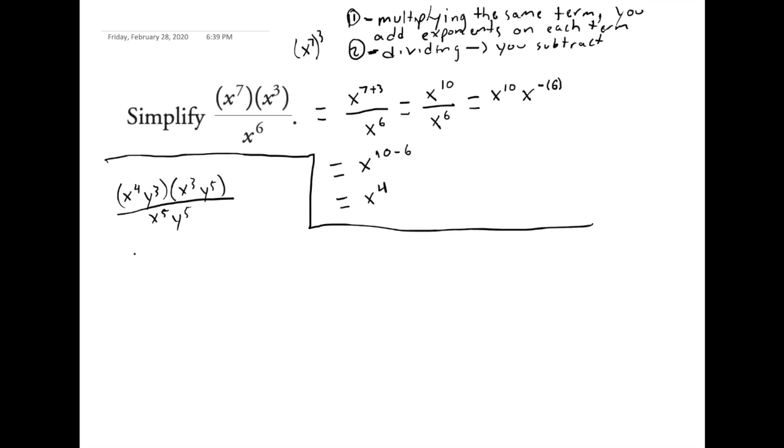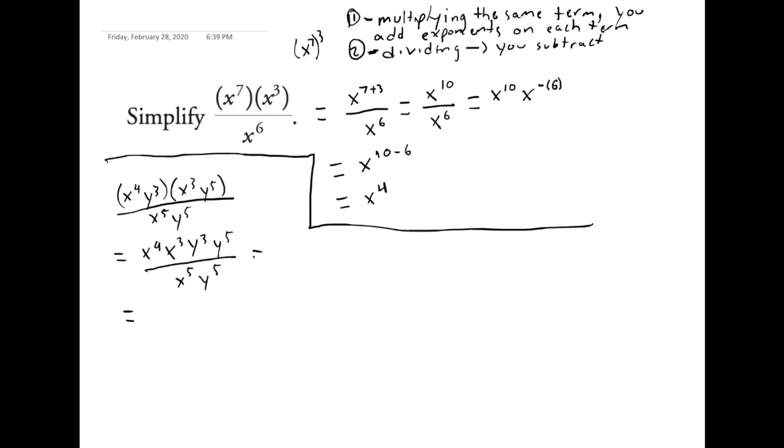So what we're gonna do is we're just gonna rewrite it so it's clear to see. So we have x to the power of 4, x to the power of 3. Just bring the terms together. y to the power of 3, y to the power of 5. So it's a bit clearer for you to see. x to the power of 5, y to the power of 5. Okay. So here we have the two terms we combined, and according to rule number 1, when we're multiplying the same term, you add exponents on each of the terms. So that would give us,